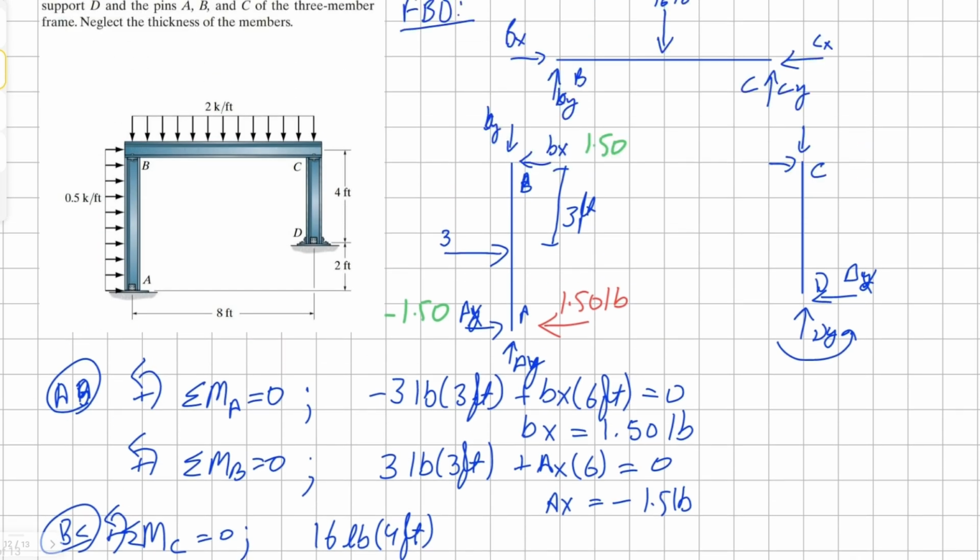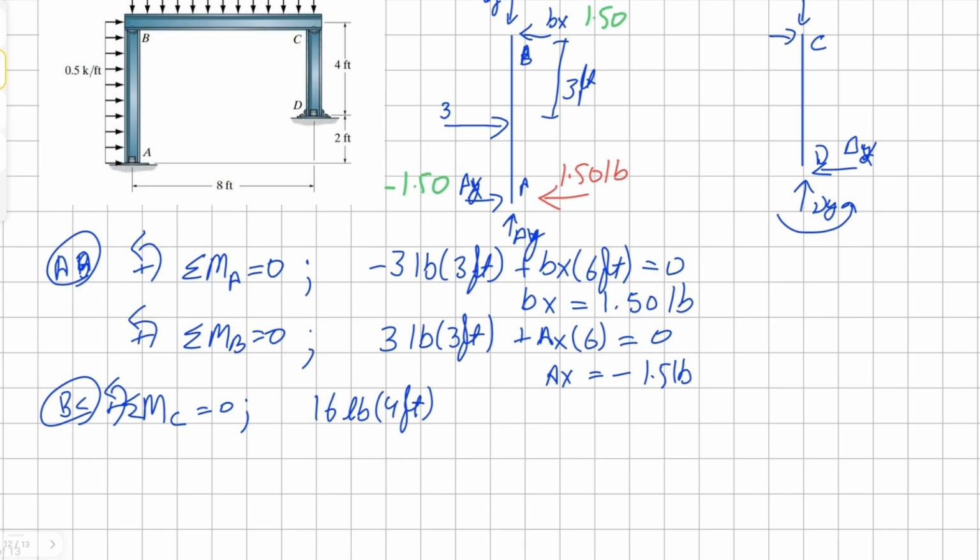Then I have a vertical component, By, and it's 8 feet away, all equals 0. Solving for By,